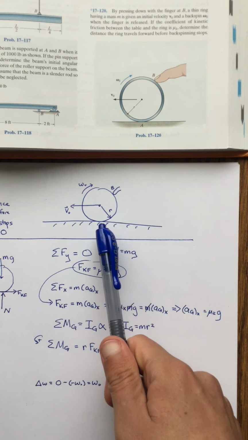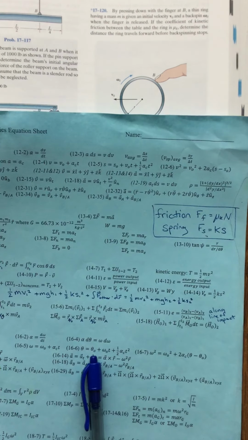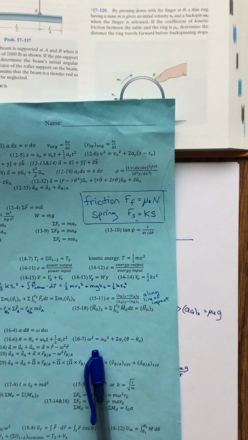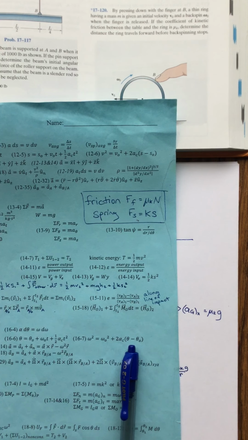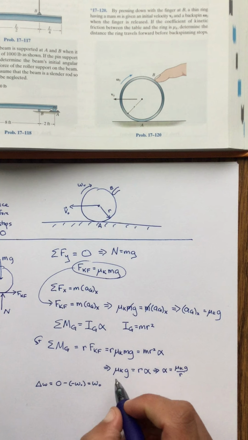Because the ring is rolling and slipping, I cannot use equation 16.6 to find the distance traveled, or equation 16.7. I can't use that to find the distance traveled. I could find the change in angular position, but because it's slipping, I don't know how the change in angular position is related to the distance traveled. So I'm going to find